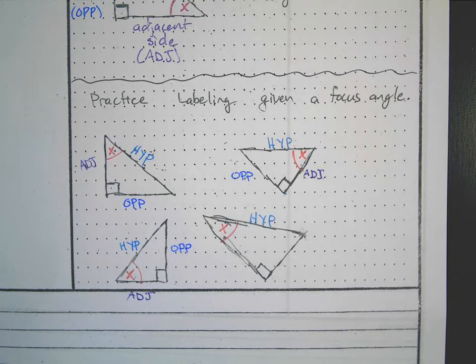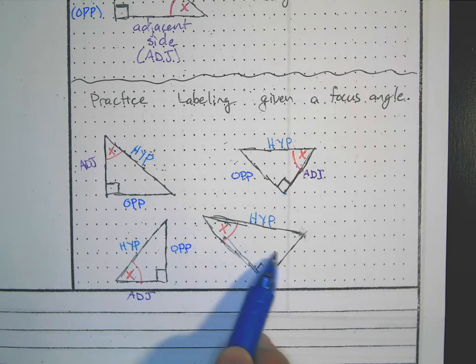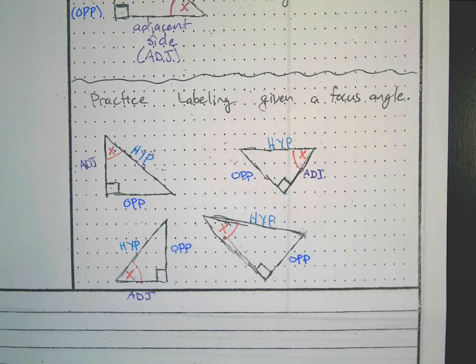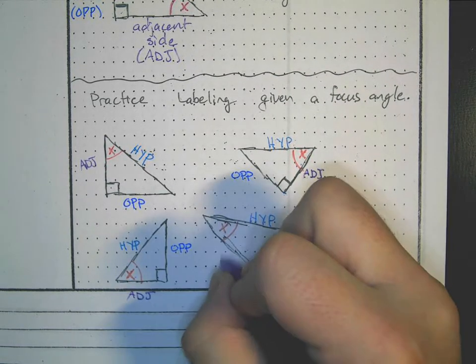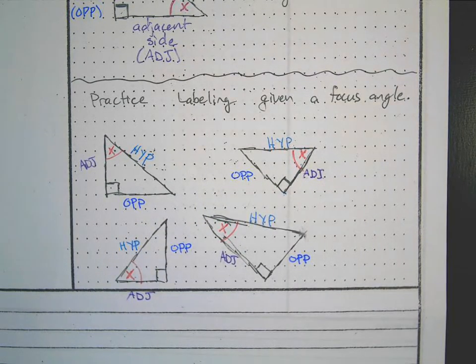And the last one, I look across from the angle, the side on the opposite side of the angle, and that's opposite. And then the third side that's touching the angle but not the hypotenuse is my adjacent. Okay, so now we can properly label a triangle. Let's use our ability to label to help us solve. So when we're looking at sine of theta, sine of x,